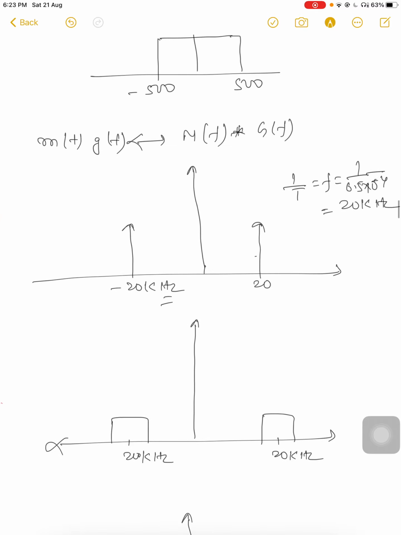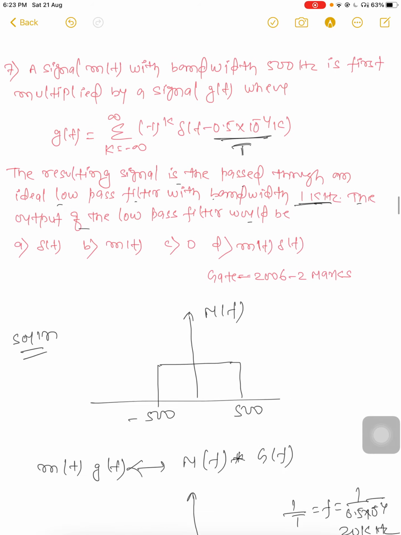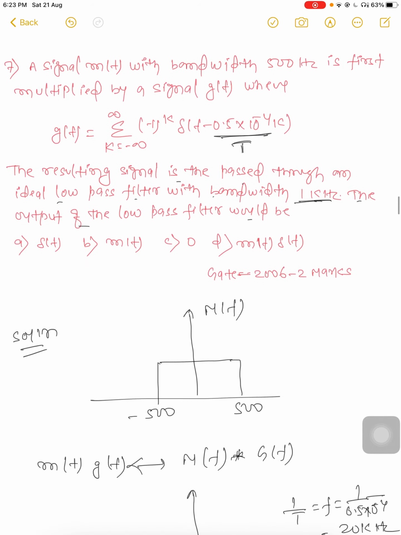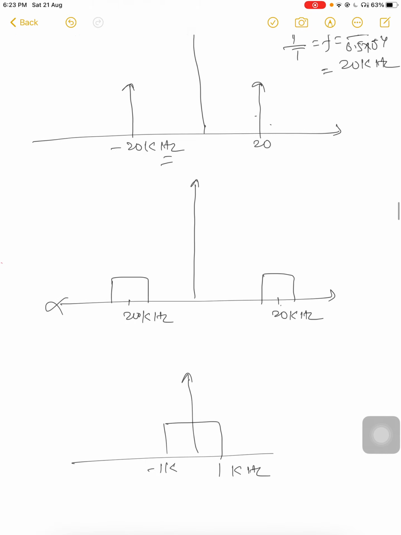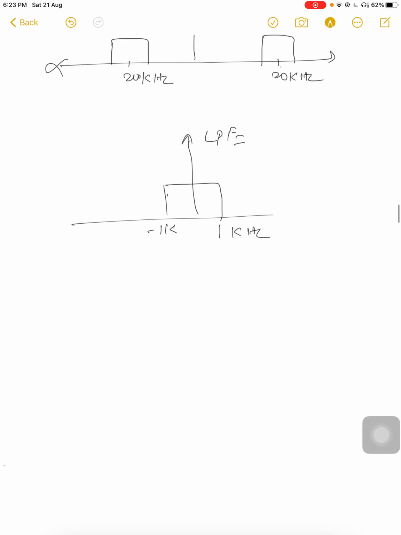In this range, no component is coming because I have taken the first component. After the first component is shifted by 20, what will happen? If you take the other, then it is not possible. So no component is coming in this range.